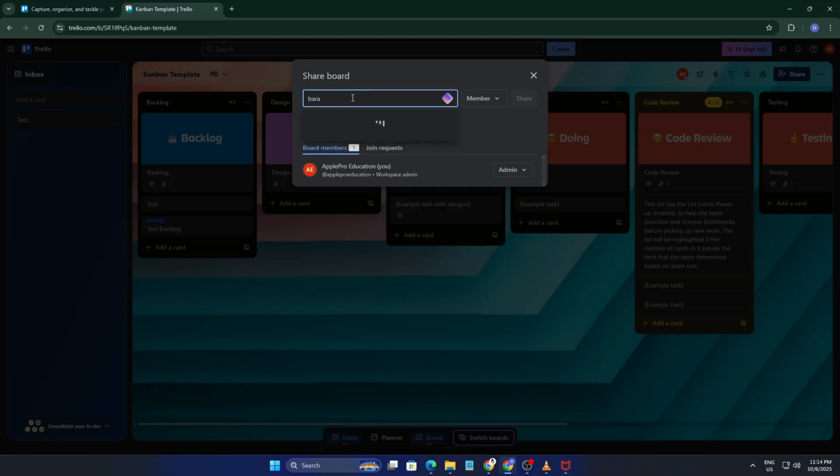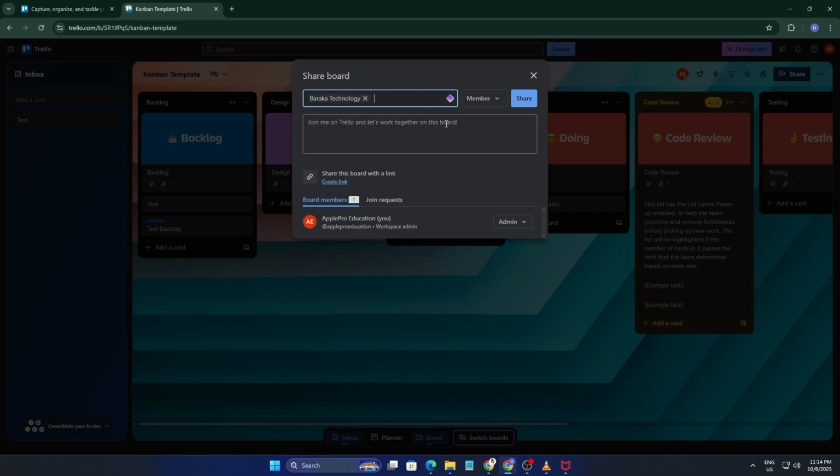You can invite people by typing in their Trello username or email address. If you're already connected on Trello, you can even search by name. Double check the details to avoid any errors. Once your invitees are added, it's important to set their permissions. Trello lets you choose between giving someone full editing rights as a member or restricting them to view only as